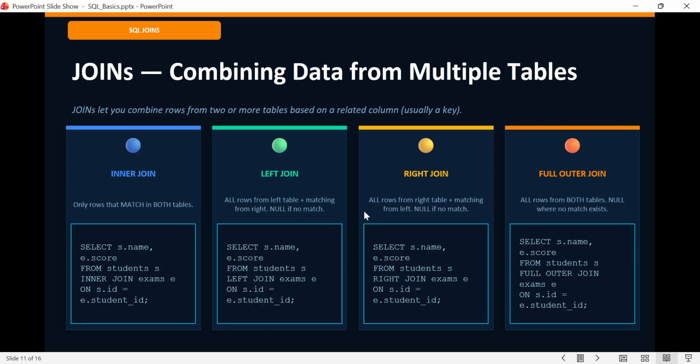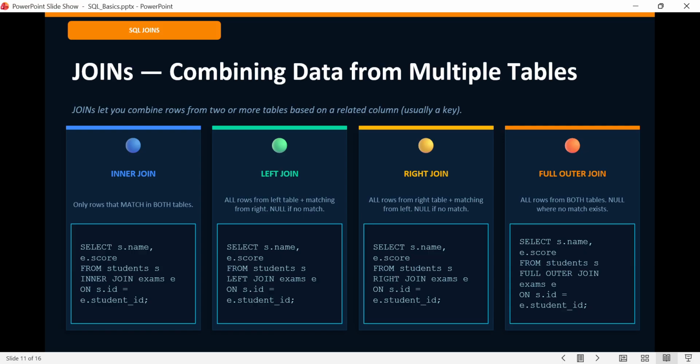Moving to another important topic: SQL joins. We have now arrived at one of the most important and most tested topics in all of SQL. Joins are what make relational databases so powerful.